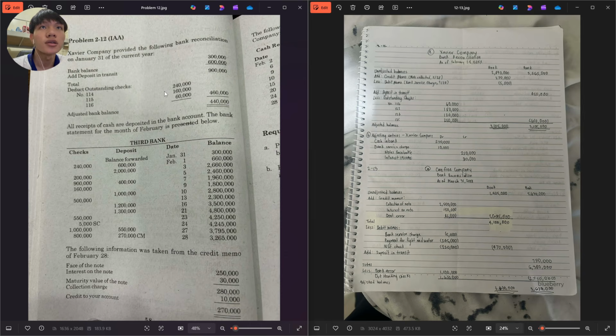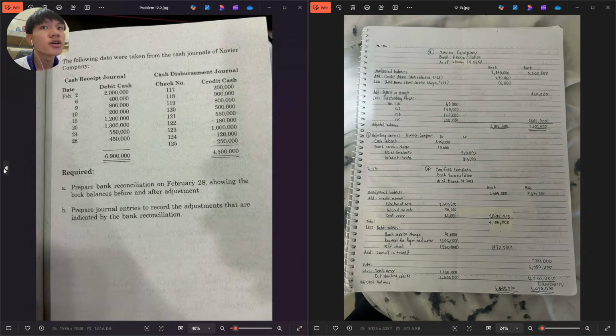So first, problem 2-12. Sabre Company provided the following bank reconciliation on January 31 of the current year. So 300,000 bank balance, deposit in transit 600,000, and 900. Total of the outstanding checks, 460. You deduct that to get 900,440, and then this 440 will serve as your beginning balance, which you will add to